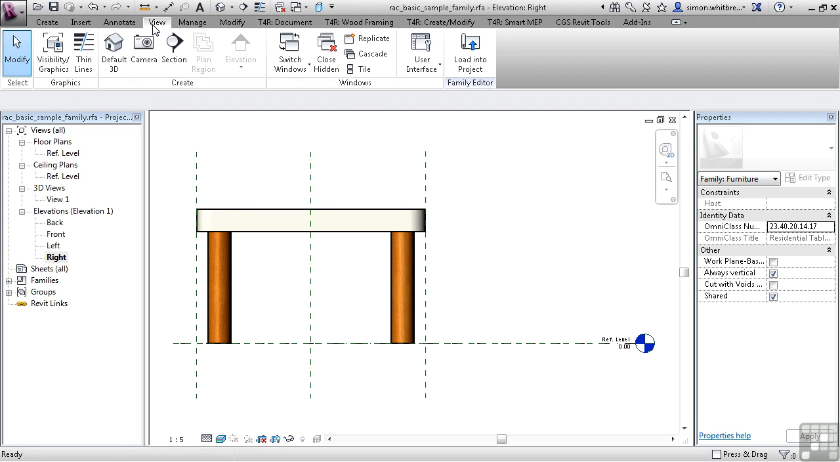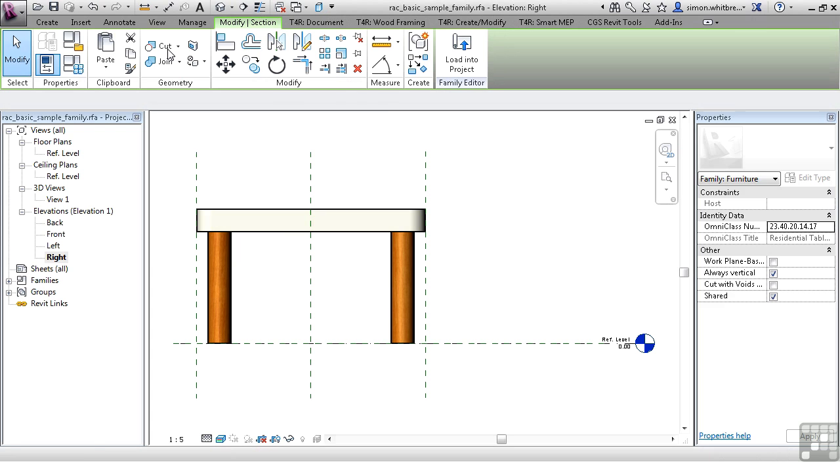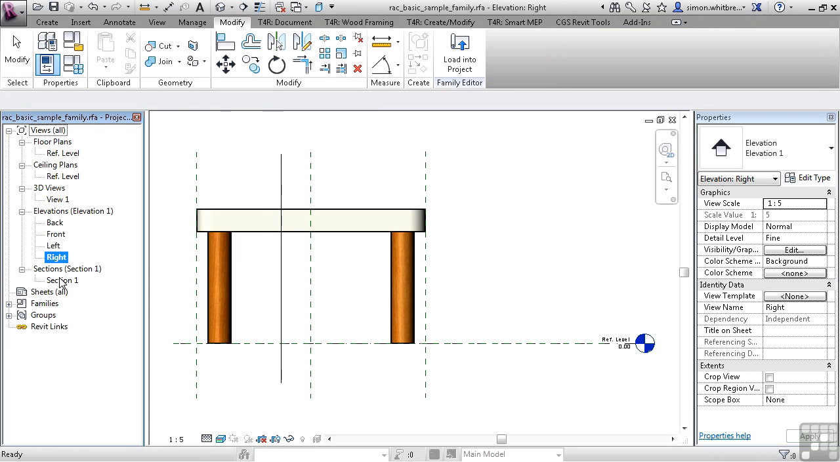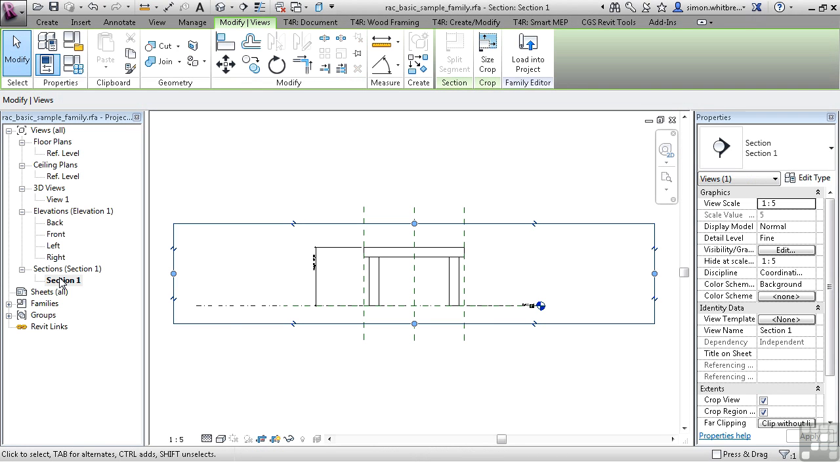From the View tab, we can create sections, which once again display in the project browser. Unless you have a specific use for additional views, I'd suggest that you stick with the default ones. You'll see what I mean as we go on, but I won't be creating any other views than the default